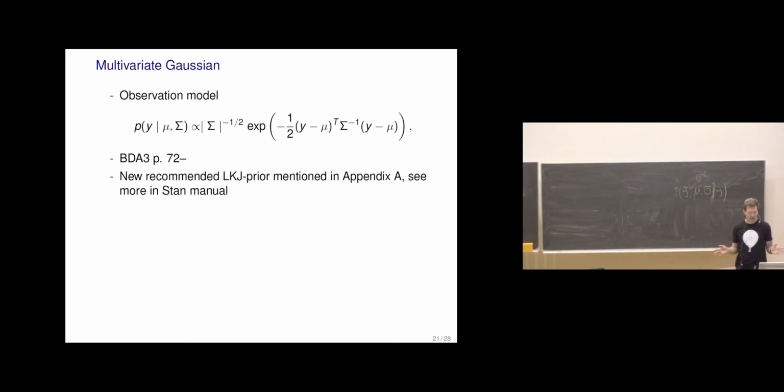And as a reminder, conjugate priors used to be more important before. They are still sometimes useful, but with Markov chain Monte Carlo we can use non-conjugate priors, and it's better to use the kind of prior which better describes our information. The LKJ prior has the benefit compared to the conjugate prior that we can separately tell information about marginal variances and correlations.